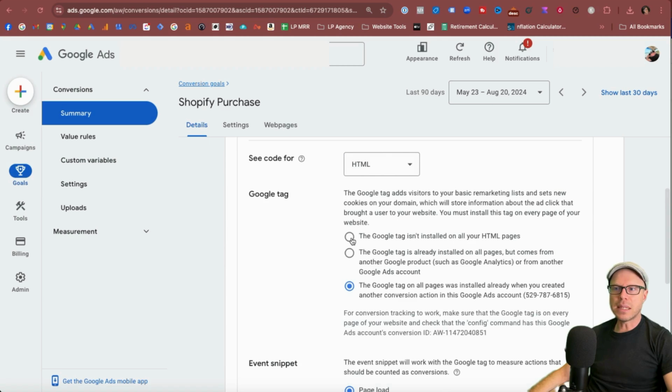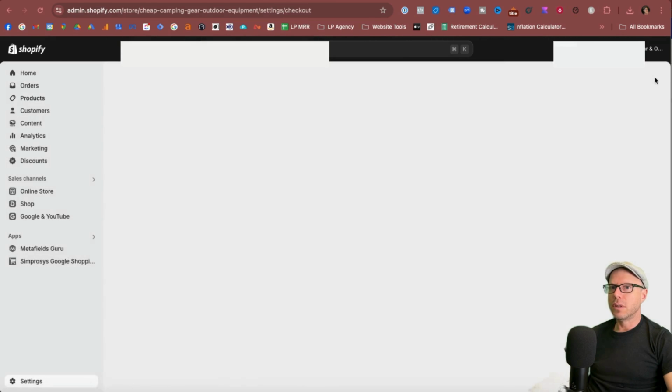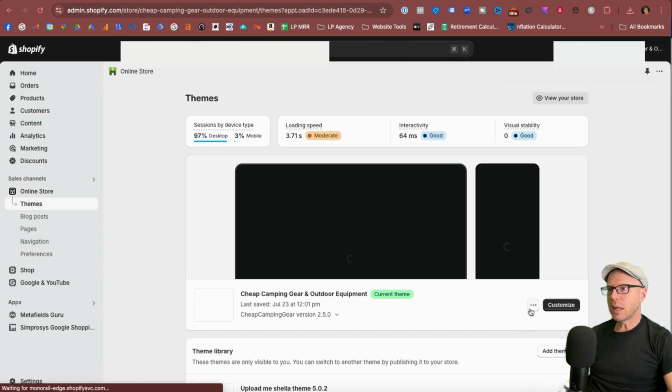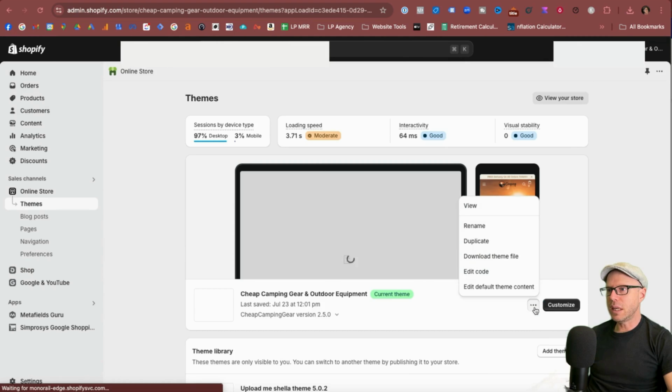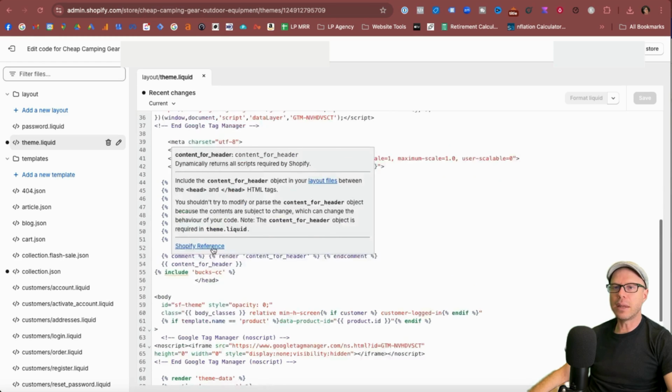So if the Google tag hasn't been installed to the header of your Shopify store, where would you find that? You would come to your online store, come to this three dots here, click this and go to edit code, and you come to theme liquid, and this is the area here where you would add in the Google tag, and you would fit it in between the opening header tag and your closing header tag